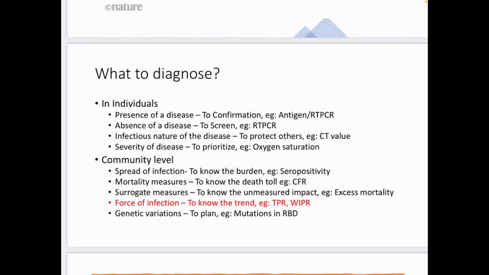So in Kerala, we were using some other indicator, that is WIPR, where we are not considering the number of tests. We are only considering the population, because tests can be altered. Suppose there are 50 individuals positive out of 100 tests. Your TPR will be 50%. If 100 tested positive out of 1,000 tests, your TPR is only 10%. But at the end of the day, in the first area, you have got 50 cases where the TPR is 50. And